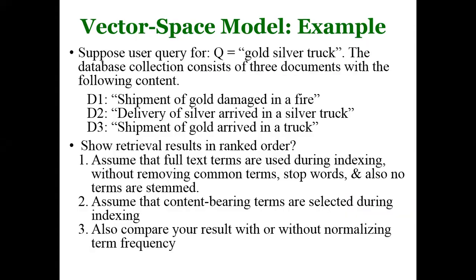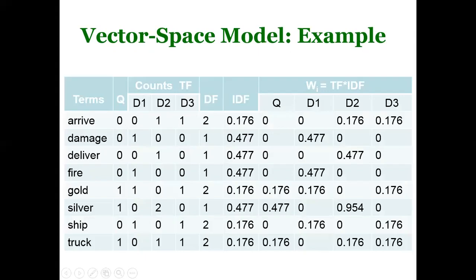So we calculate the term frequency of ship in document 1, gold in document 1, damage in document 1, the same thing, arrive in document 2, silver in document 2. See silver, for instance. In the case of binary, we are just assigning 1 because binary is looking at only the presence of silver in document 2. But when we are looking strictly at its term frequency, silver is appearing in document 2 times. So when you are using non-binary, you are taking into account the frequency of occurrence of every term.